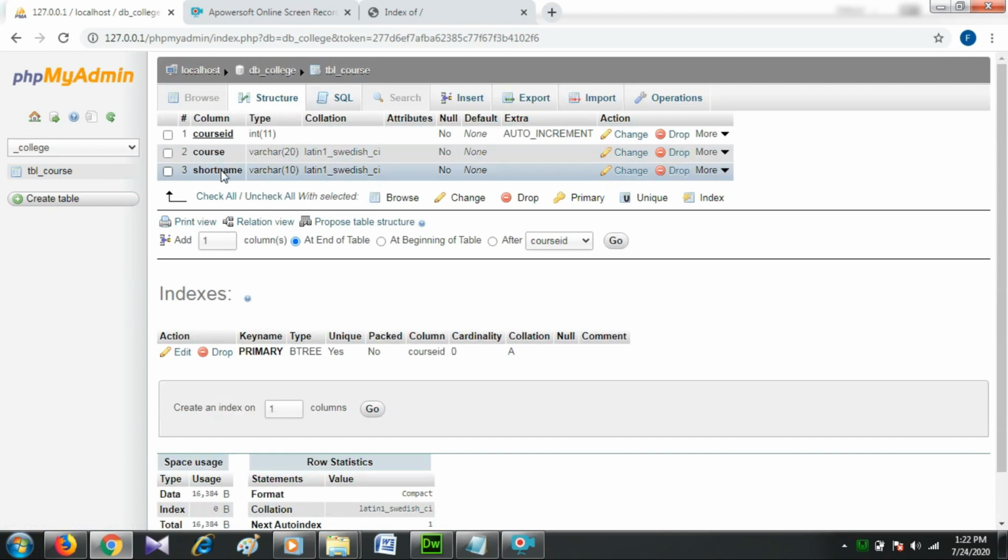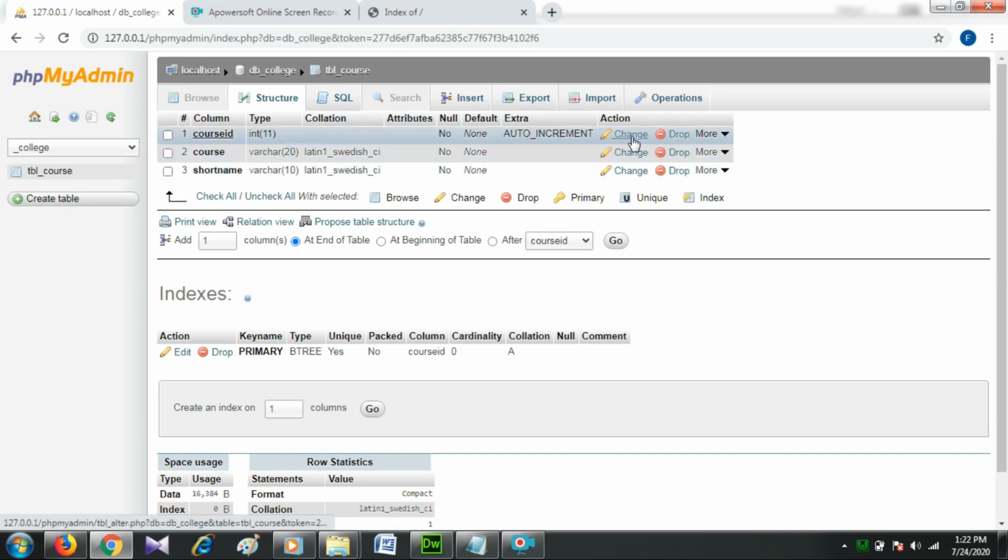You will see the field names, their types and additional extra information, etc. You can browse for distinct values by clicking on the corresponding action icon. Also, you can edit the field structure or delete the field, or you can define different indexes like primary key, unique, etc. That is, if you want to change any field name or its data type, click on the Change option and correct it. Then the SQL option is for writing queries.